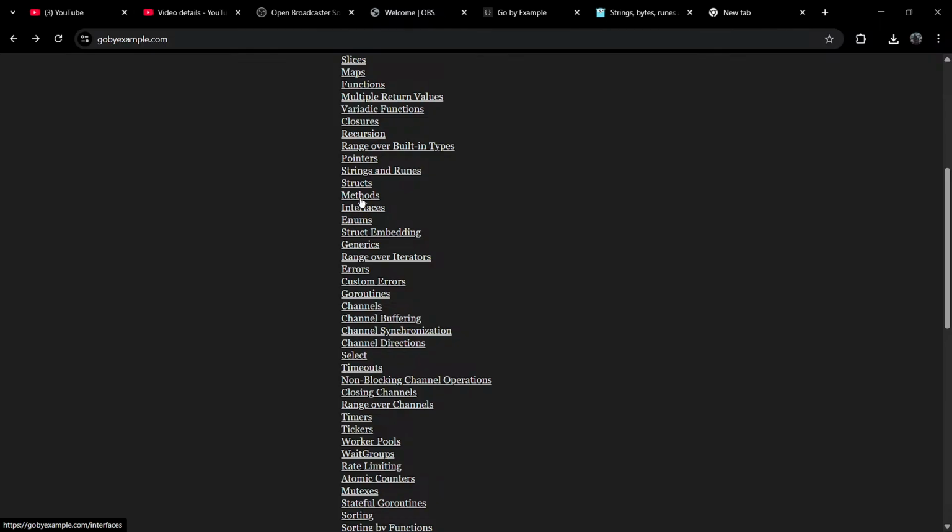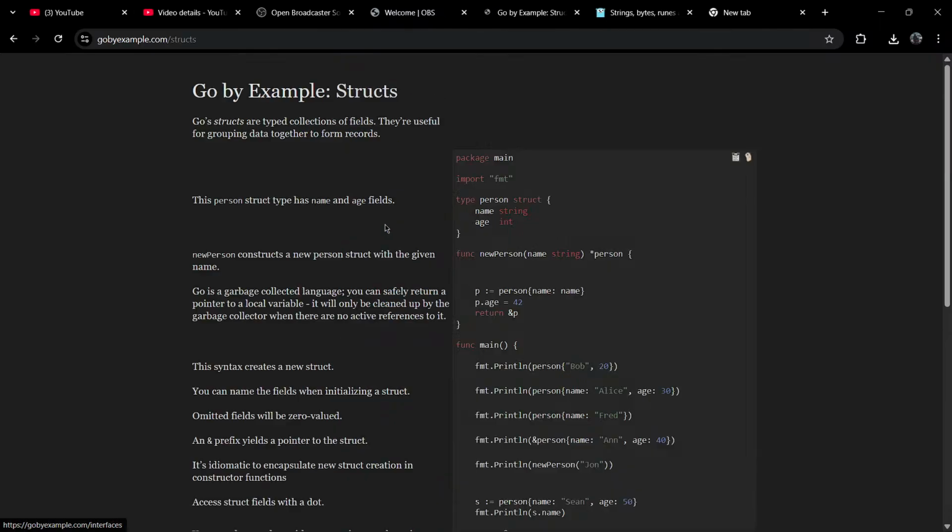Pointers, we studied pointers. Now we start with structs. So Go by Example structs. Structs are a type, a collection of fields, that are useful for grouping data together to form records. Yeah, it's right. Now I think it's more like